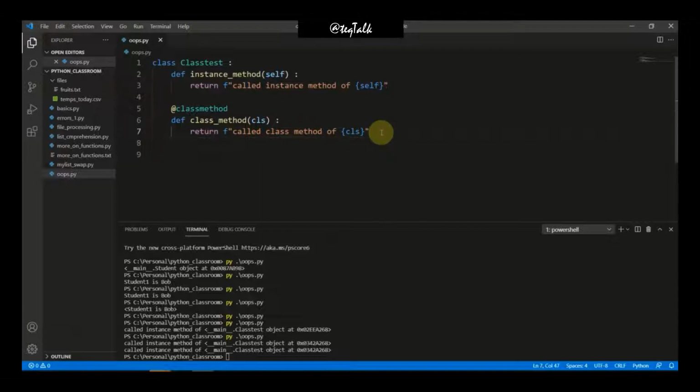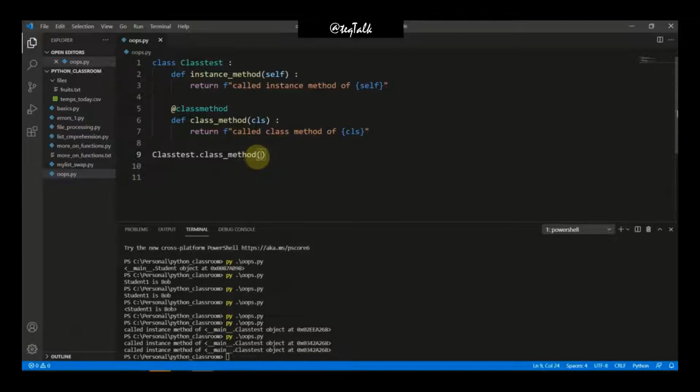So now what happens when we want to call this class method? We no longer need to call it by attaching it to an object or an instance. We just simply write the class name, that is class Test, dot, the method name, that is class method, and open and close parentheses.